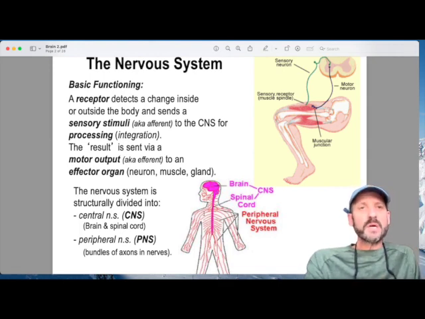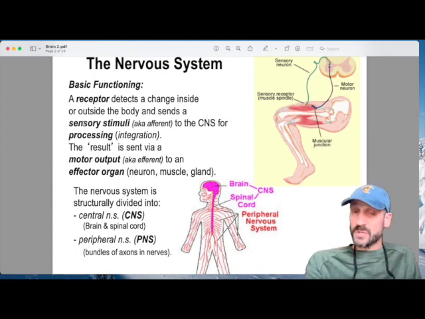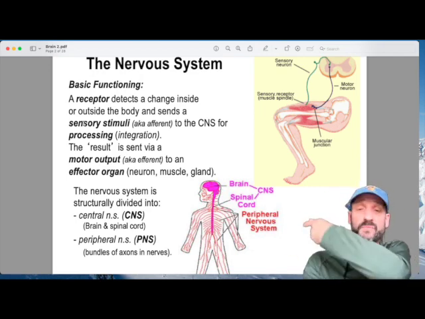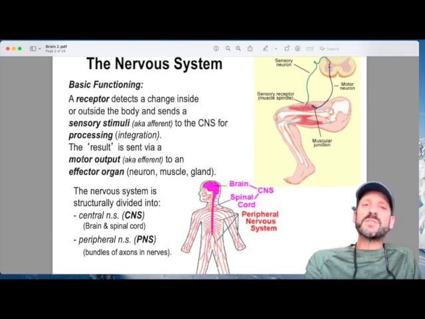the cables. We talk about the basic functioning here again, where this is a negative feedback loop basically, where we have a receptor detecting something, and the brain is the control organ. So it sends a stimulus to that brain, saying, hey, something's going on. The temperature is really warm on the skin, and it's going to fry and burn. So then the brain thinks about it, and integrates the info and sends a signal to the effector